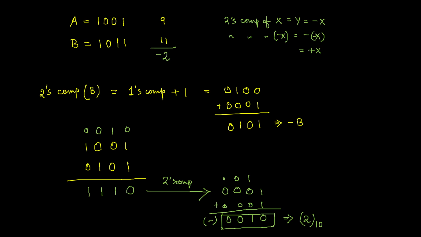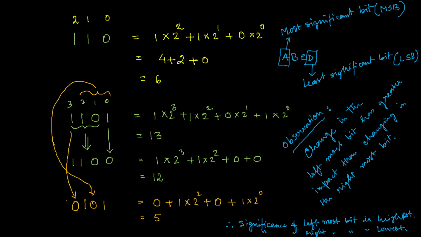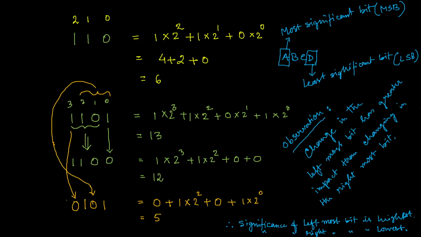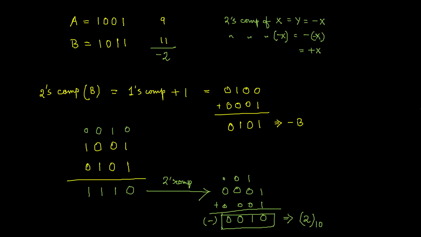So we have seen the different types of binary mathematics already. We have seen binary subtraction with the help of 2's complement. We have seen the concept of LSB, MSB. We have seen binary addition. Now, why are we doing this? Actually, we want to derive the range of the data. That is the prime goal for us currently. To do this, one more piece of basic knowledge you must understand.